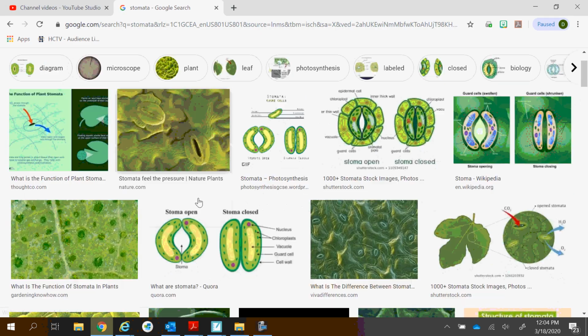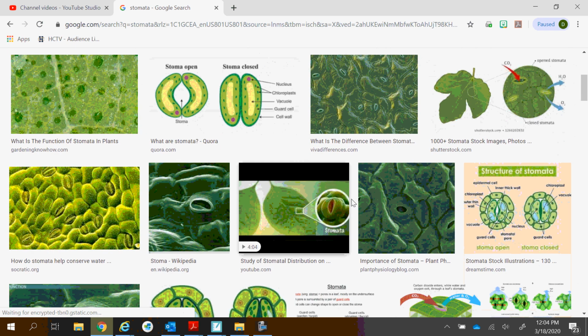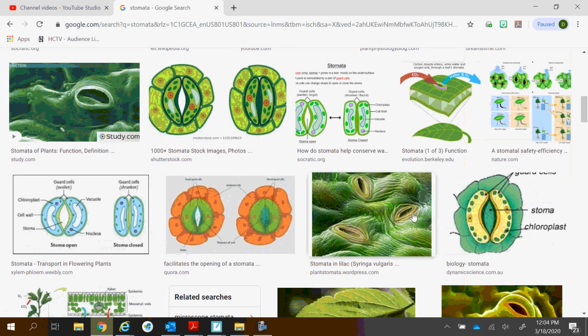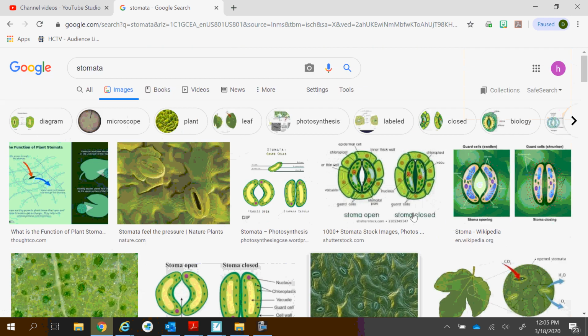There's just little pores on the underside of leaves where photosynthesis is either releasing oxygen or exchanging carbon dioxide with the atmosphere. I had a lab set up for this where y'all could see them on a leaf, but